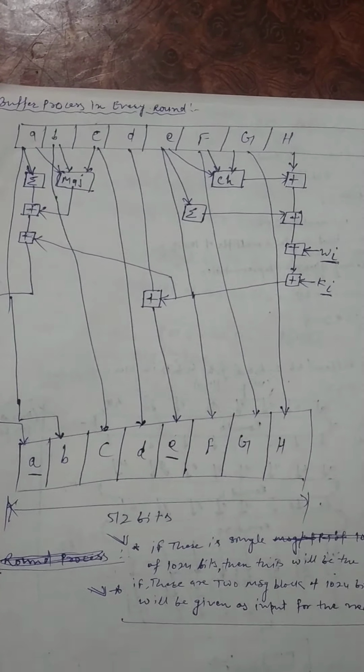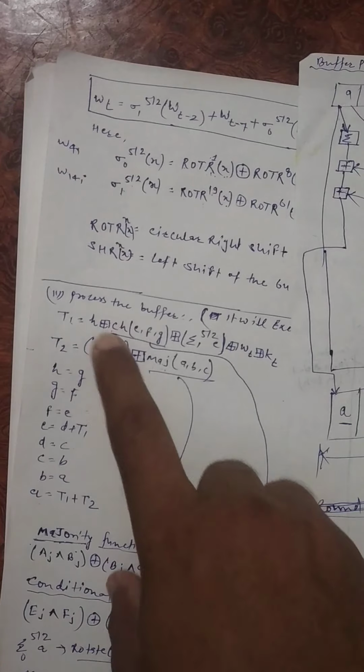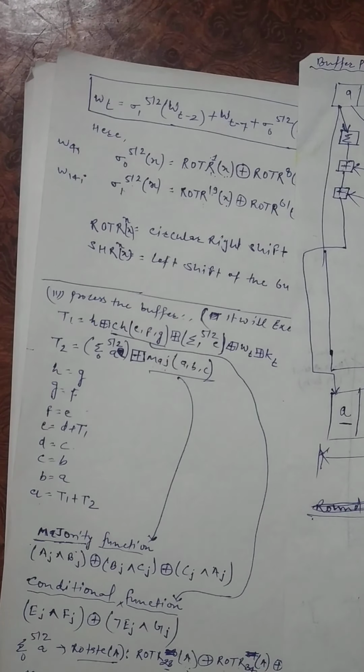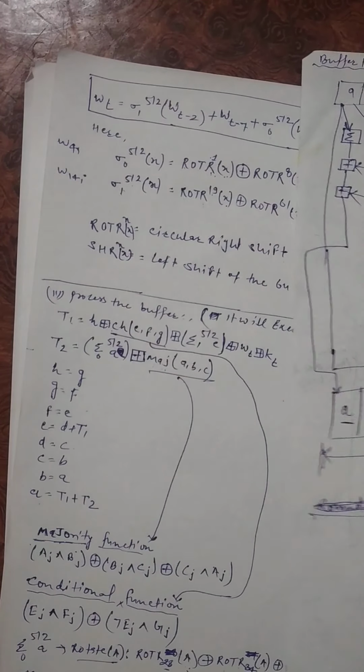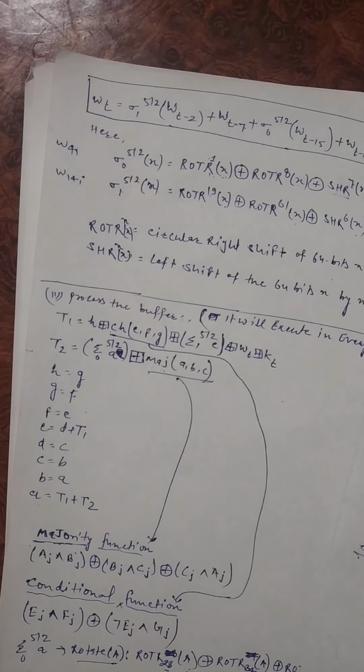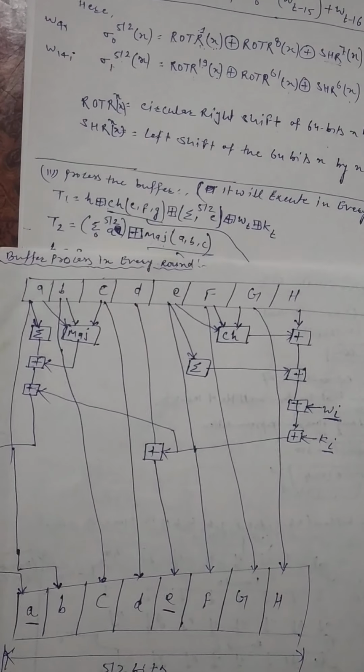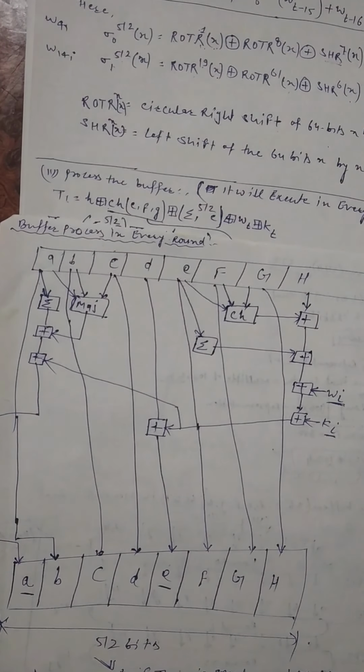So we need to calculate the value A and E. So for A and E we need to calculate the value T1 plus T2. So during the T1 and T2 calculation, all these things are required: the conditional function, majority function, sigma 0 to 512 of A, and sigma 1 to 512 of E. So now see this equation first. This is our equation first. As you can see,